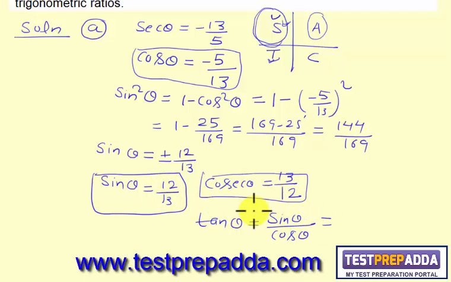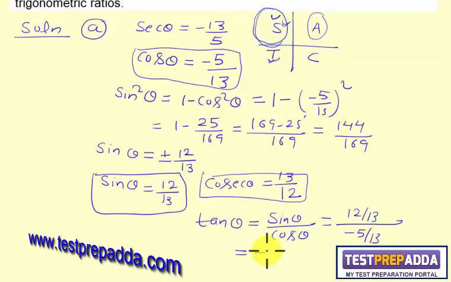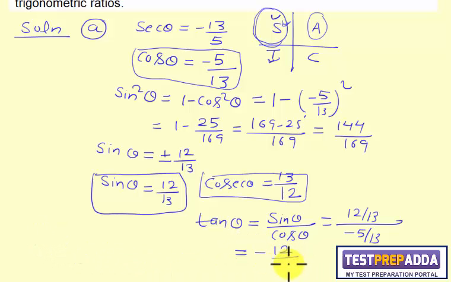Sin theta we have just got 12 by 13, and cos theta we have written earlier, minus 5 by 13. So the value comes how much? Minus 12 by 5. The value is coming negative and it's absolutely correct because in the second quadrant only sine